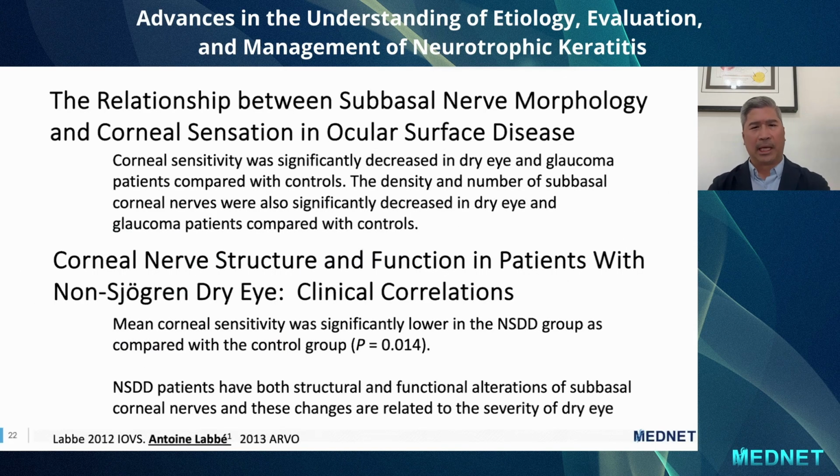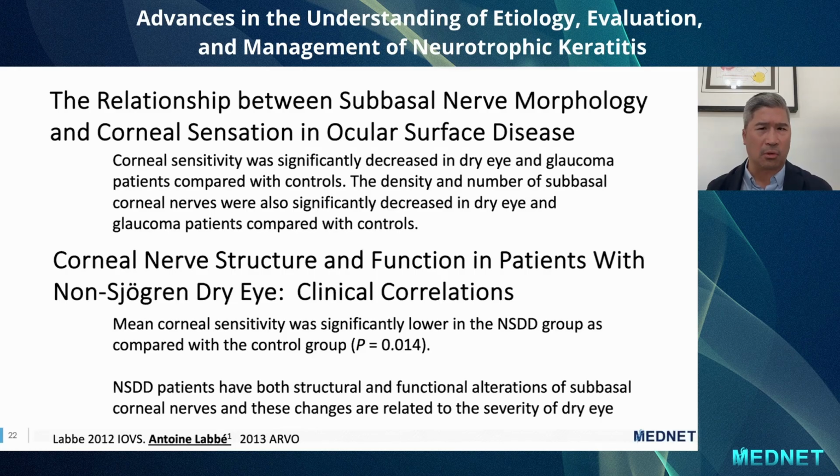And there are numerous studies out there, and the one on top is looking at patients with glaucoma. And we know that patients that are on these preserved drops, typically a prostaglandin, this does essentially act as a detergent on that surface, decreasing that corneal sensitivity, which was found to be significantly decreased in dry eye and glaucoma patients versus the control. And the density and the number of the subbasal corneal nerves are also significantly decreased in dry eye and glaucoma